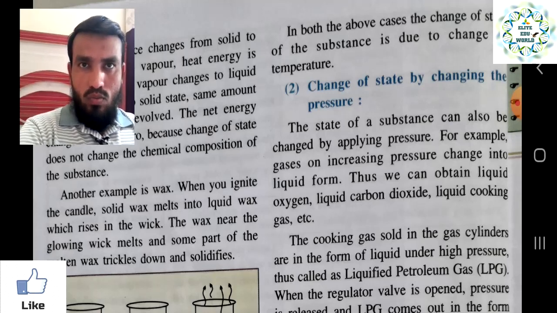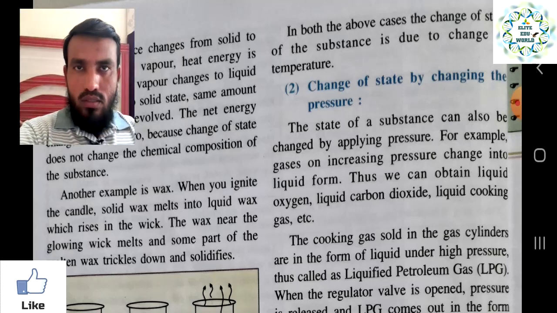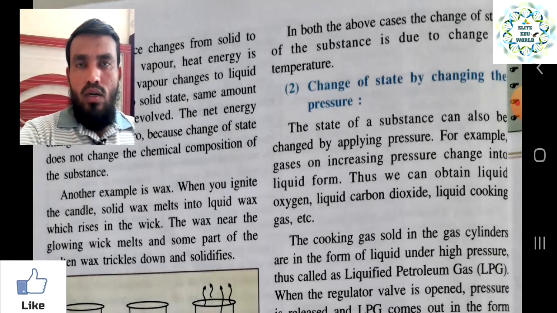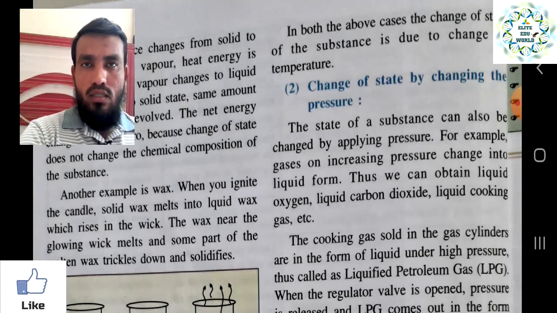When we are just moving the cylinder, you can feel that the liquid gas is there, but when we release the pressure with the knob or the regulator, it comes out in the form of gas. What happens is that the gas has been pressurized and changed into liquid. That is why we have liquid gas, like the oxygen we use in